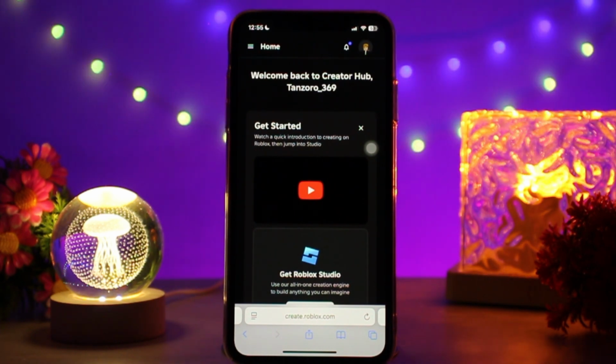The next step is to create a new project. Choose a template, for example Baseplate or Obby. The workspace will open. Now you're ready to script. Then step 3 is to write your first script. Insert an object, like a part, choose Script in the script editor, and then click Play or Run to see the result in the